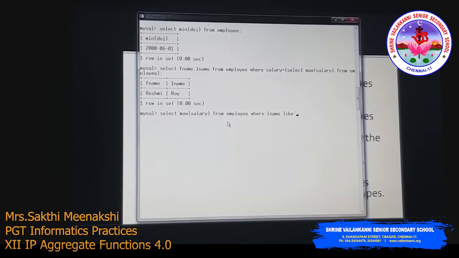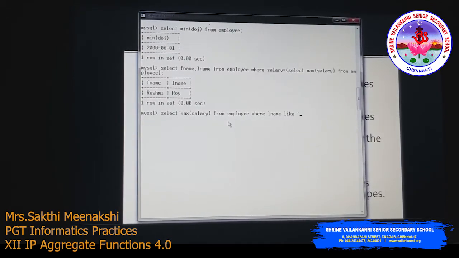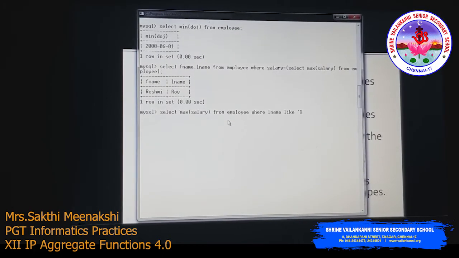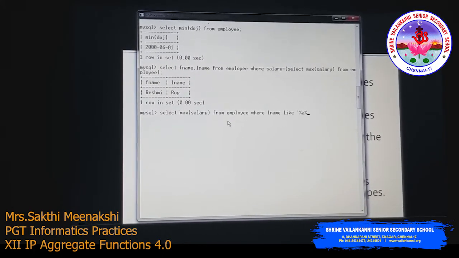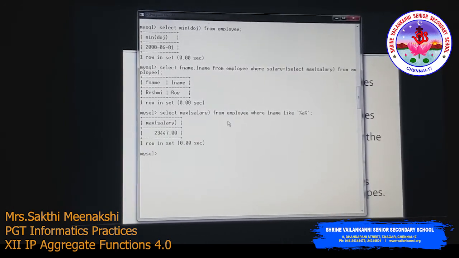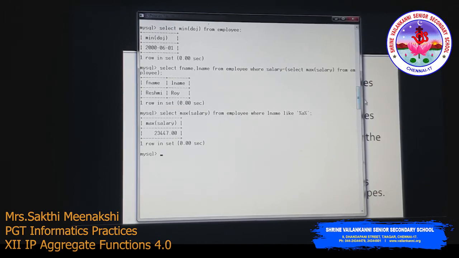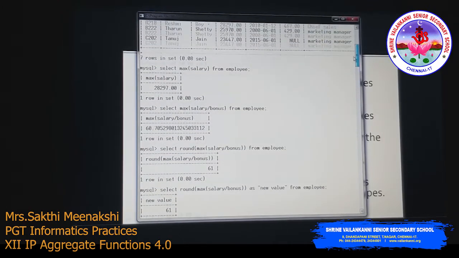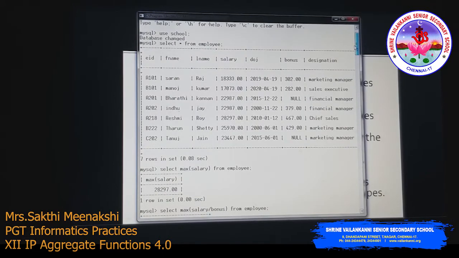In L name, any part of L name that contains the letter A will be retrieved. For that, we have to find the maximum salary, right? So the condition is select max of salary from employee where L name like underscore percentage A percentage, which means the L name contains the letter A.